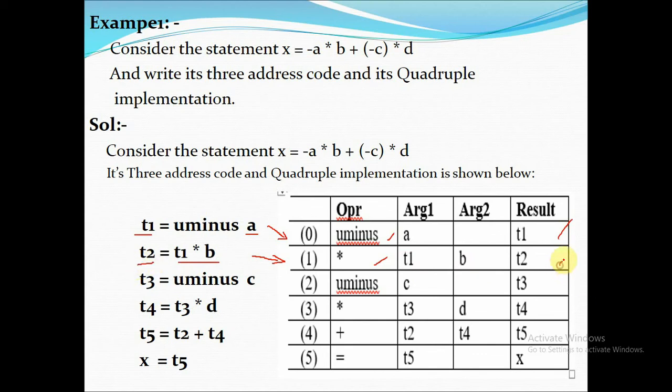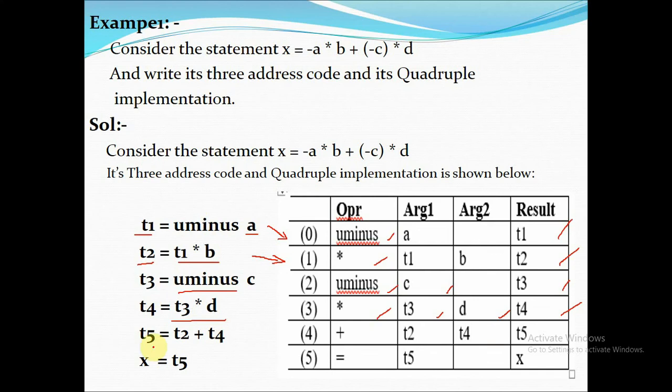Similarly, unary minus C: unary minus is the operator, C is the argument, and the result will be kept in the variable T3. Next statement, T3 into D. Star is the operator, T3 is argument 1, D is argument 2, and the result will be kept in the variable T4.